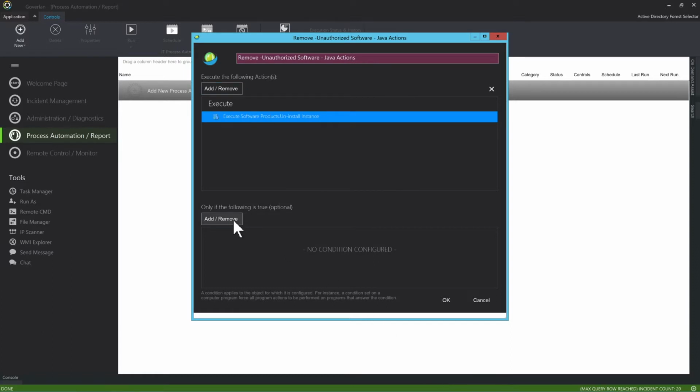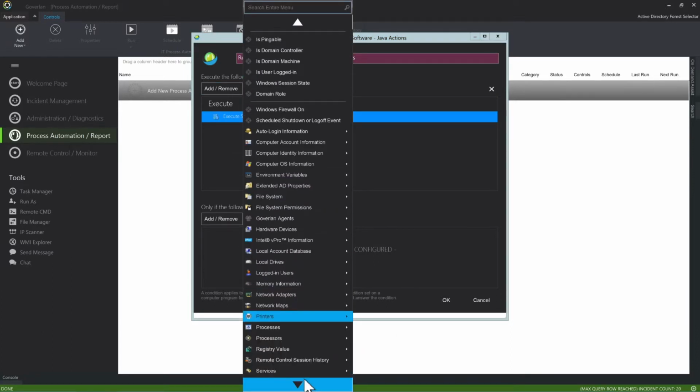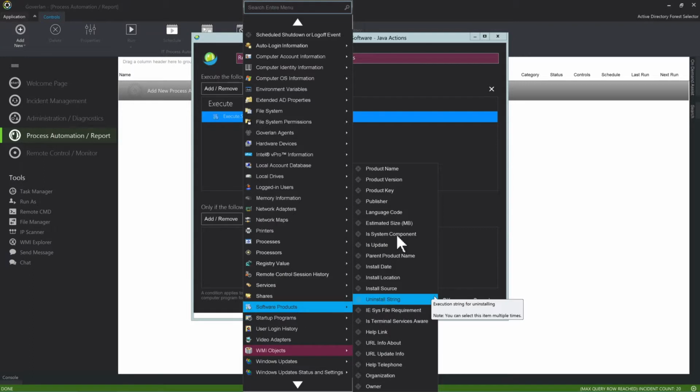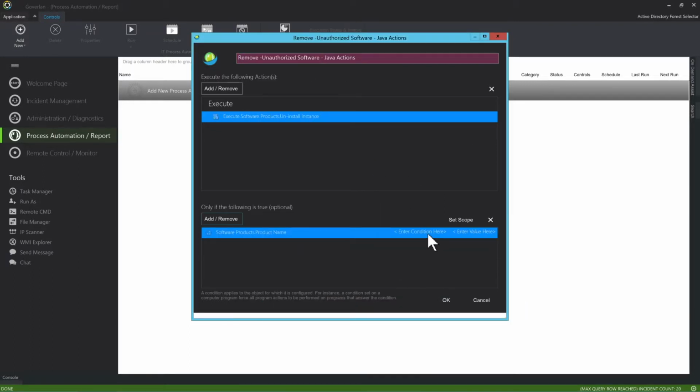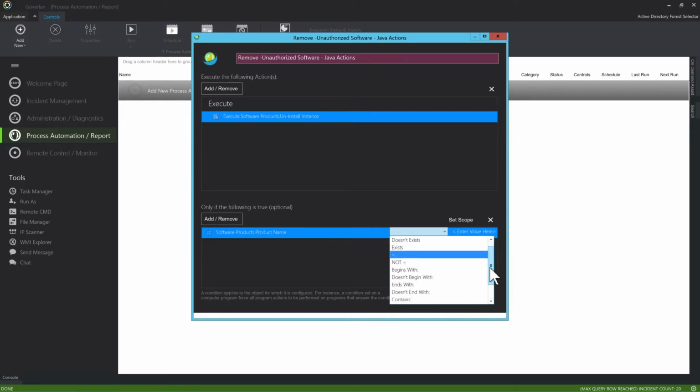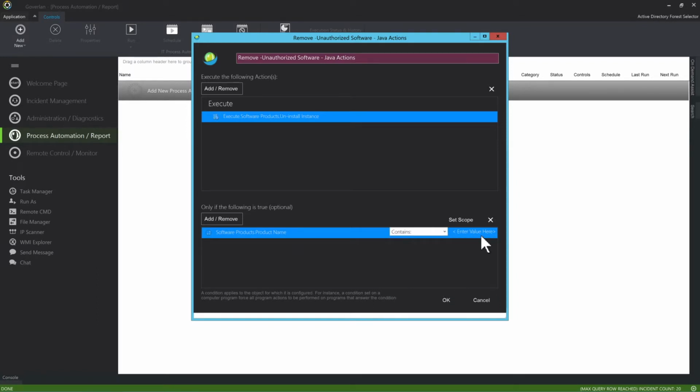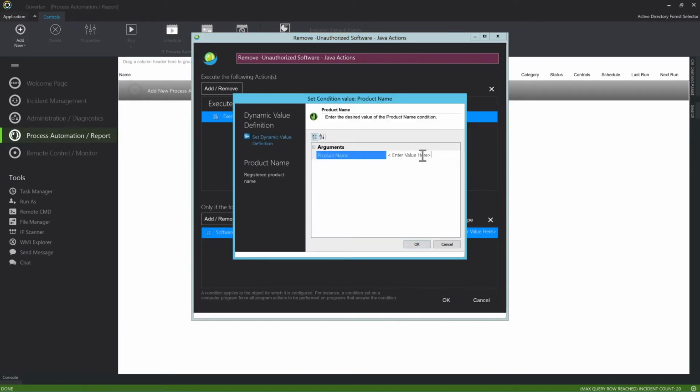This specific action silently calls to the same uninstall string the local programs tool uses. This action also depends on having a condition at the bottom, which specifies the unauthorized software that will be uninstalled. In this example, we are going to add Java as the software to be removed via Software Products, Product Name,